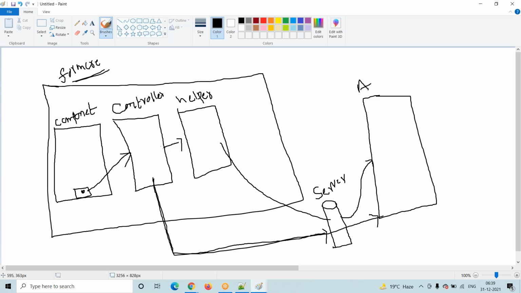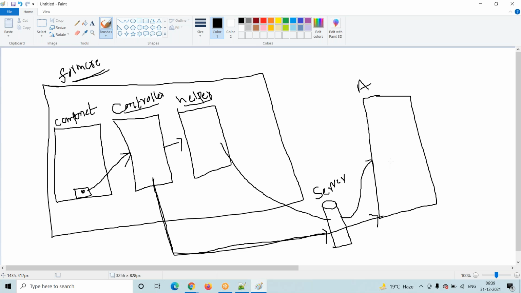That's why we will usually communicate from the helper to the server. Otherwise, directly from the controller also we can communicate. This is the reason. In interviews, sometimes they ask why we connect from the helper. What is the difference between controller and helper? Both are JavaScript files only. This is JavaScript code, this is JavaScript code. From the controller we connect to the server, from the helper also we connect to the server. So then what is the difference? Why did they introduce the helper?